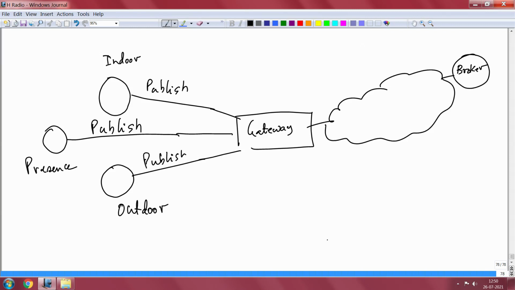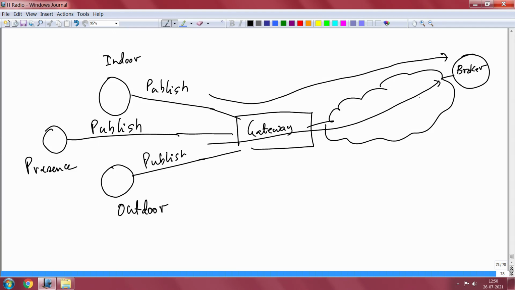So this data will go like this, this data will go like this, and this data will go like this,